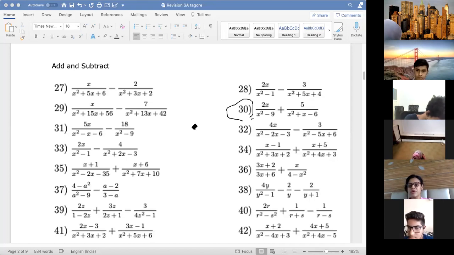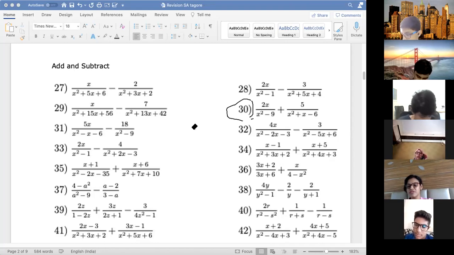Others also check. Mutapir, Mozam, what did you get in LCM? What is the factorization, Farhana? What is the factorization of x square plus x minus 6? x square minus 3x plus 2x. If you take minus 3x and plus 2x, what will the middle term be? It will be minus x, right? But what do you have in the middle term? Plus x. So what is the mistake? You tell me the mistake in your factorization, Farhana.